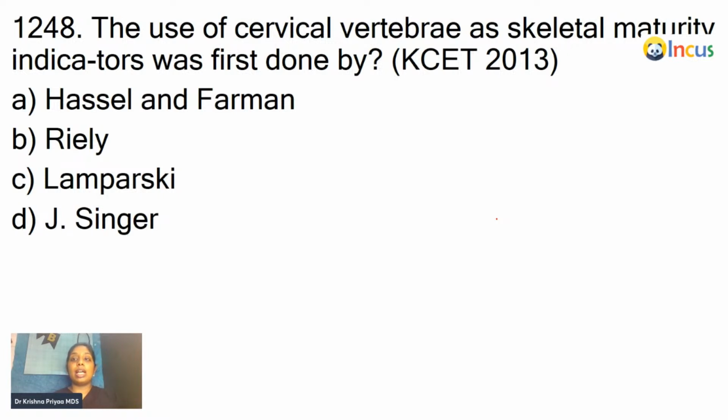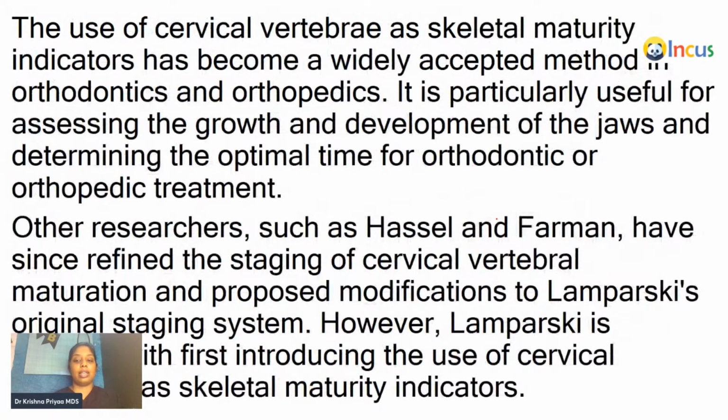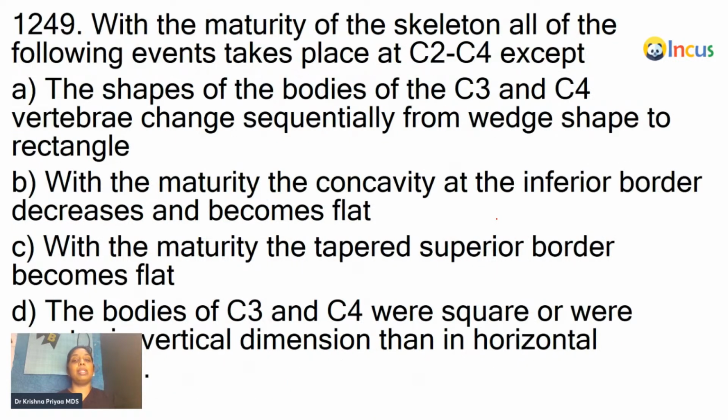The use of cervical vertebra as skeletal maturity indicators was first done by Lamparski. So Lamparski was the person who first initiated it, but later a lot of people gave their own system of classification, and now we most commonly use Singer's method or Hassel and Farman method. But it was first given by Lamparski. Hassel and Farman have since refined the staging of cervical vertebral maturation, and they also proposed modifications to the initial staging system. With the maturity of the skeleton, all of the following events take place at C2 to C4 except: